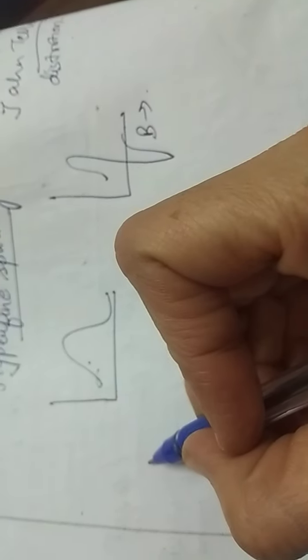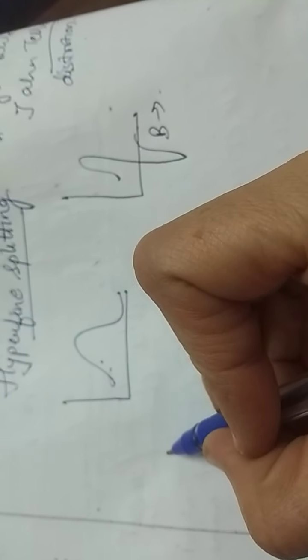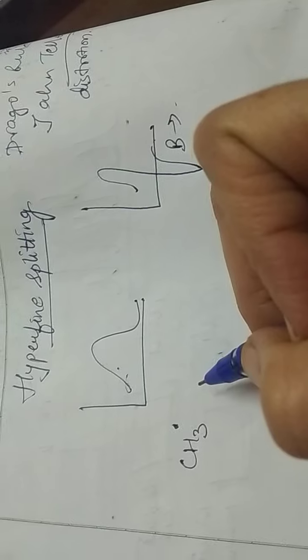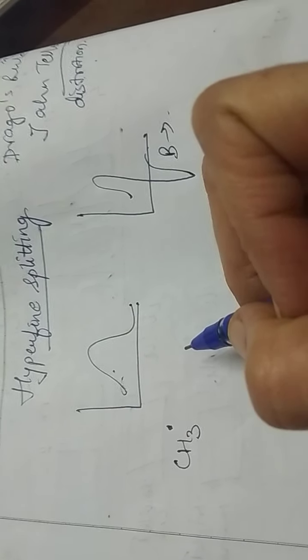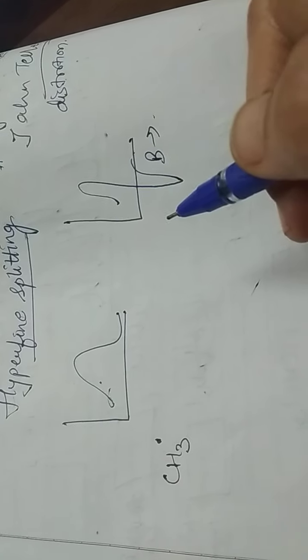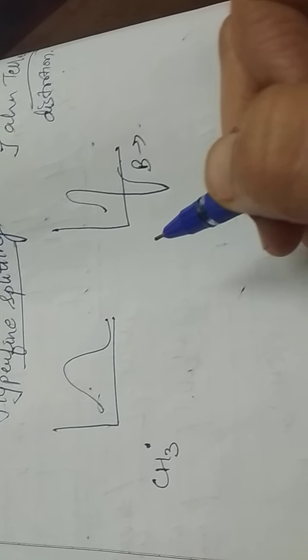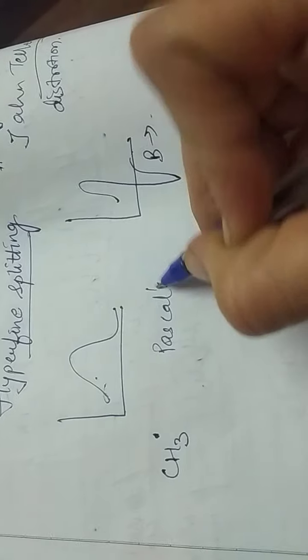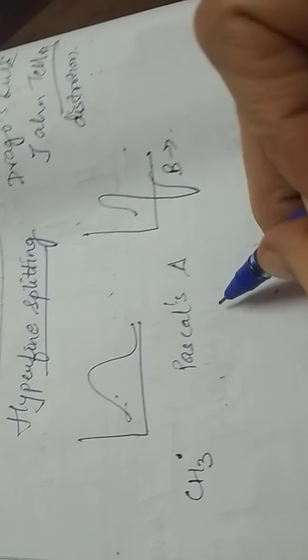As I have told you before and discussed in the class, ESR spectra is relevant to molecules which have a free electron or an extra electron, like radicals. So in your syllabus we are going to discuss ESR spectra mostly of radicals. Whenever you get a question about a radical, you will have to say how that radical is going to give you the peaks, and the peak splitting is again dependent on Pascal's triangle. We have discussed this before in NMR.